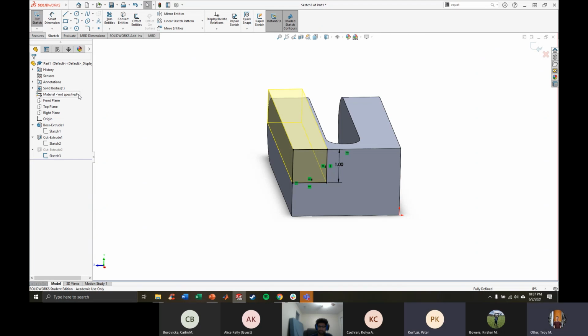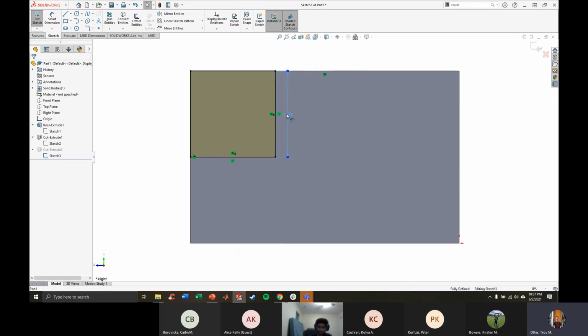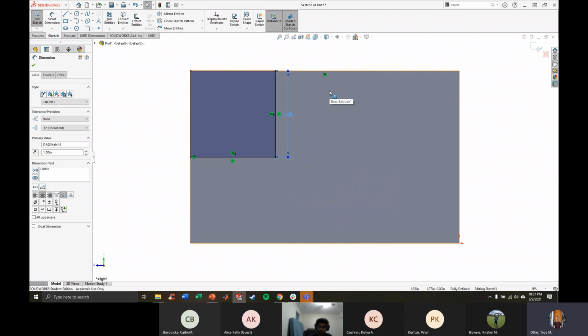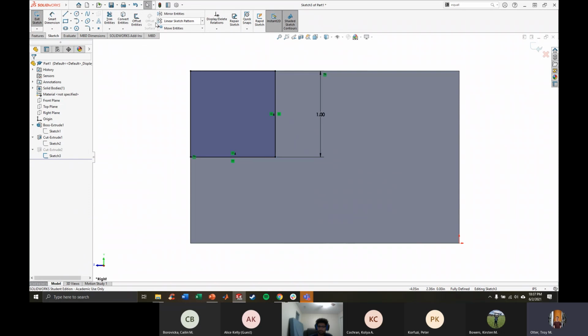Can I ask what the difference is between driven and non-driven when you had that one error? Oh, yes. So a non-driven dimension, it's kind of a weird terminology. I've also seen it called just dimensions and reference dimensions, which makes more sense. Basically, a driven dimension is something that is set by the existing geometry of the part, or something that is defined by another dimension. So if I were to put a dimension on this edge,